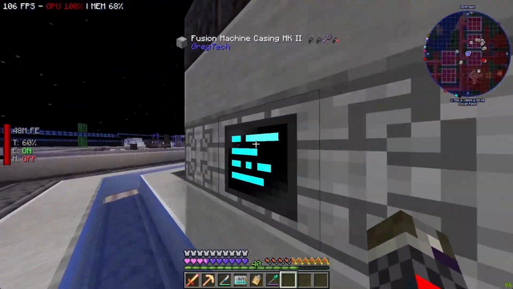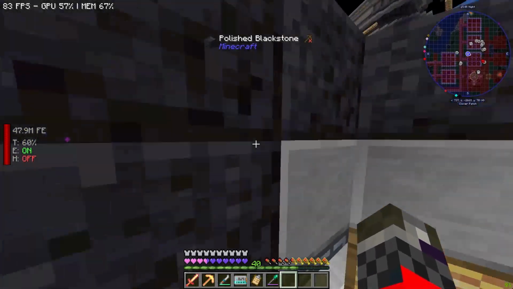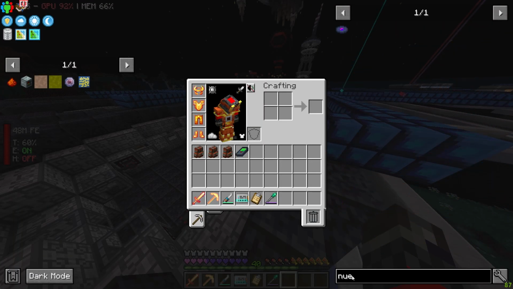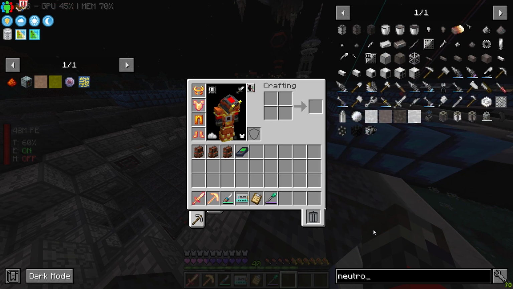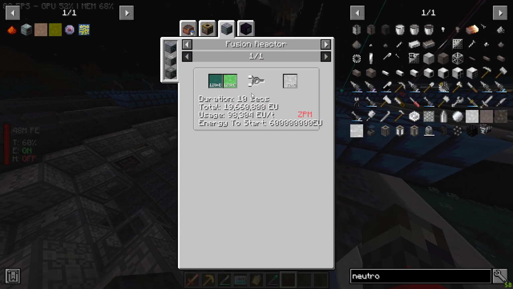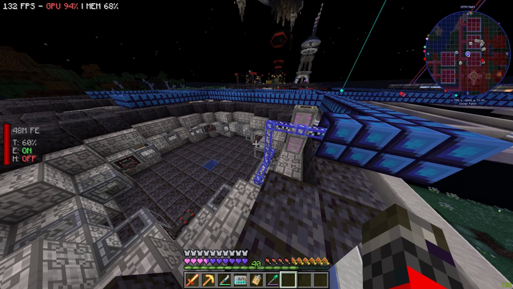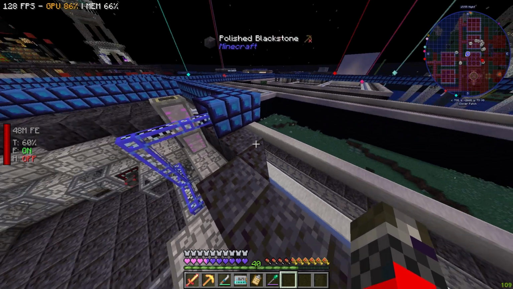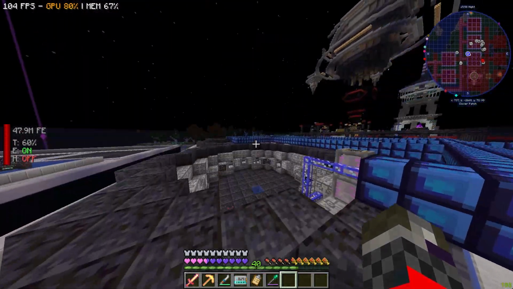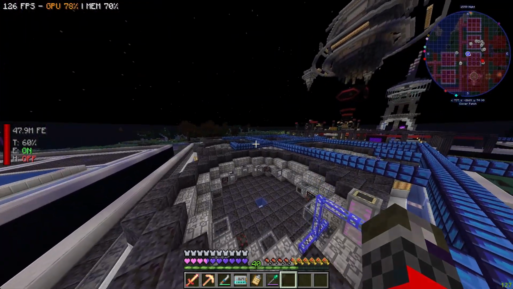This one right here is doing europium. Originally, this one was actually going to do neutronium, right? Because I was like, oh, neutronium, we can do that. We have americium and nequadria, and we have the ZPM. However, energy to start is 600 million, and the Mark II buffer is only up to 320 million. So the only way to actually start the neutronium fusion reactor is to use the Mark III fusion reactor, which